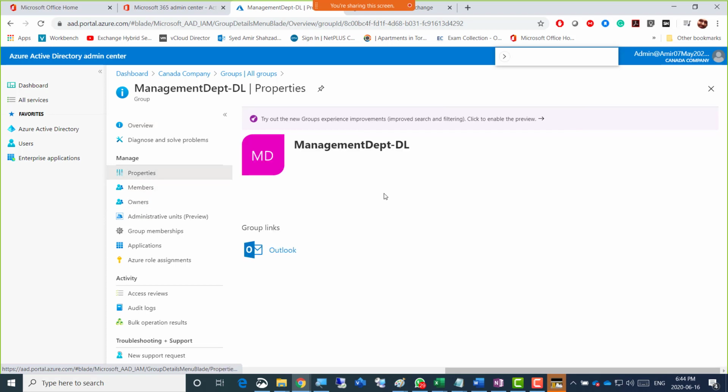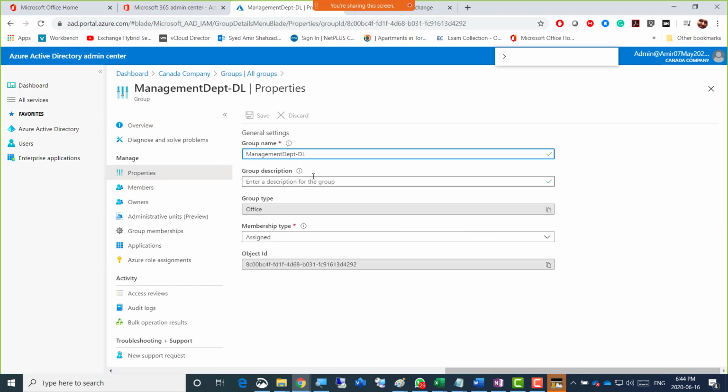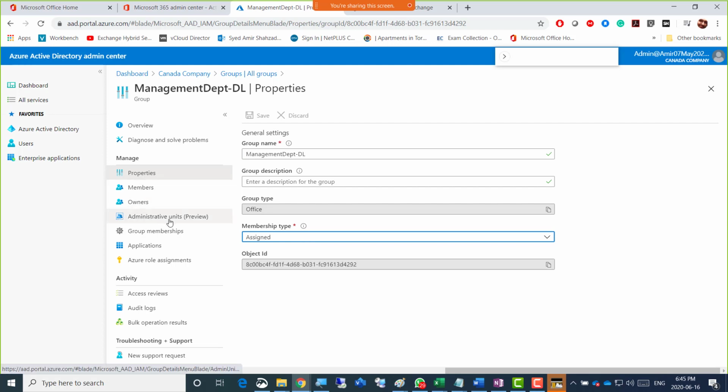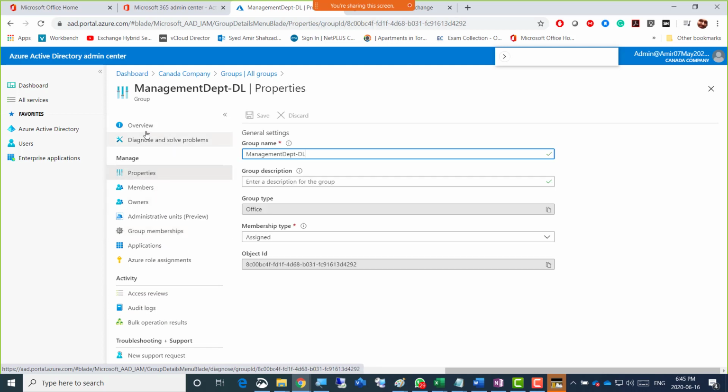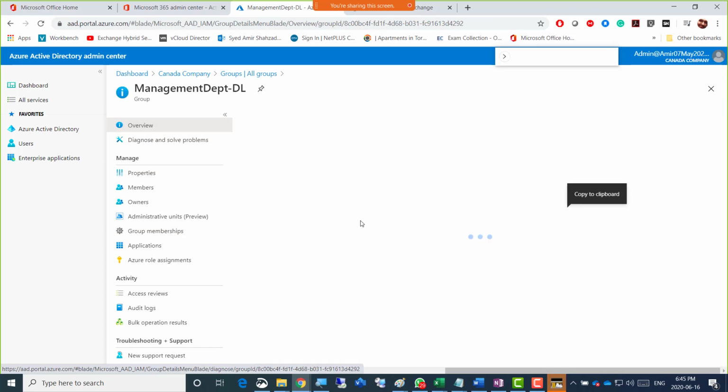So if I go to properties here, group description, nope, no. Owners, administrative units, group memberships, applications, nope. So this means that in a production environment, you would have gone through all these options, but overall, it's not letting us really remove that.